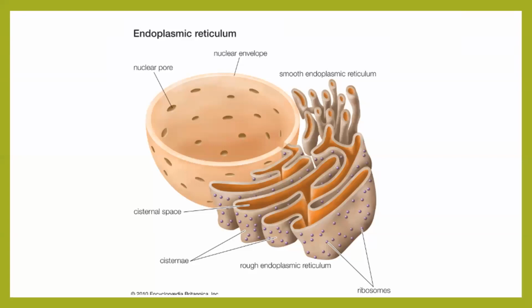Number one, are you able to see two different types? See, one has got all dotted structure on it, and on the upper part you will have a very smoother one without any ribosomes attached to it. Can you differentiate between two types of ER? One present on the upper side and one on the bottom side.